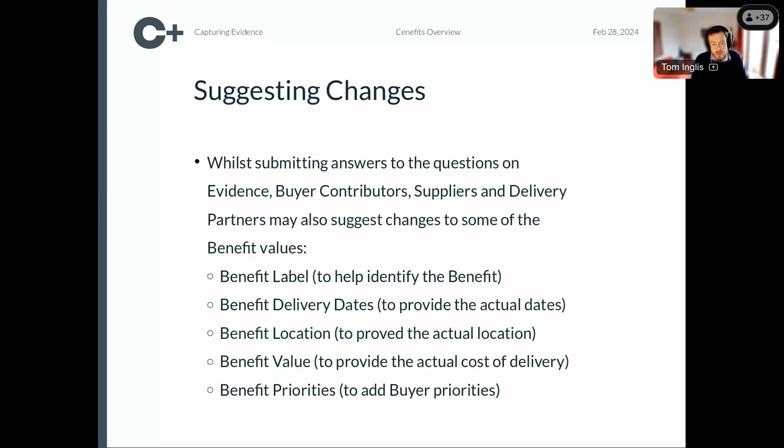So in addition to answering those compulsory questions that have been set, there are some things you can suggest as well, such as changes to the actual details of the benefit. One of them is a benefit label, which is a way to help you and South Lanarkshire better identify a benefit. It's a little shortcut, a little phrase or something which helps you capture the precise